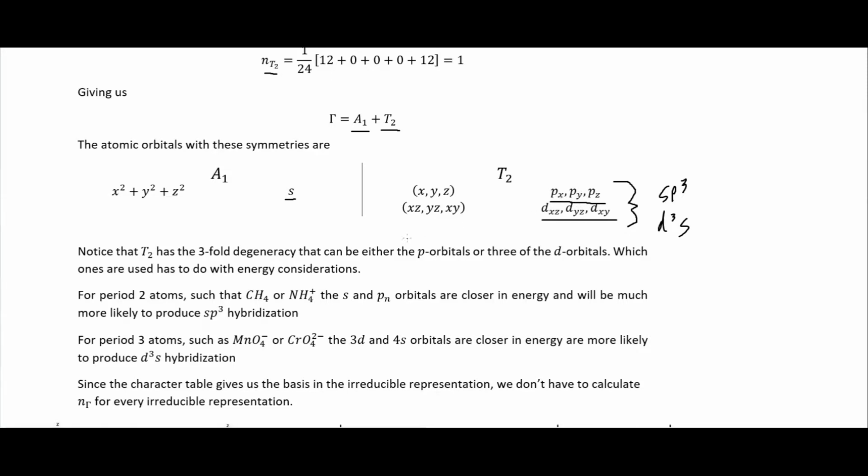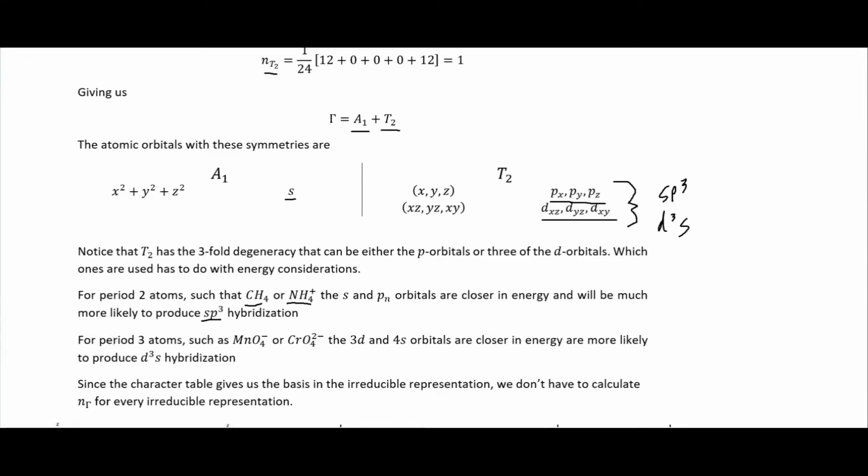And so to determine that, we have to take energy considerations into account. For period 2 atoms, which is the second row on the periodic table, the one below the row that is just hydrogen and helium, so something like methane or this ammonium, the s and the p orbitals are closer in energy and would be much more likely to produce the sp3